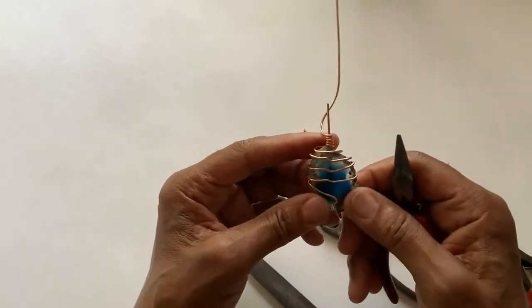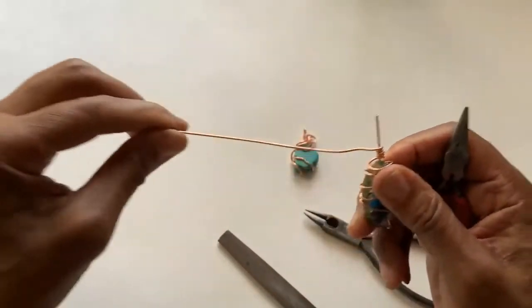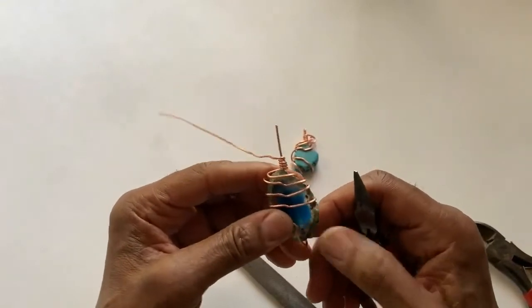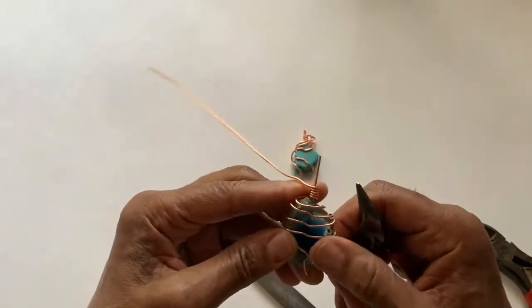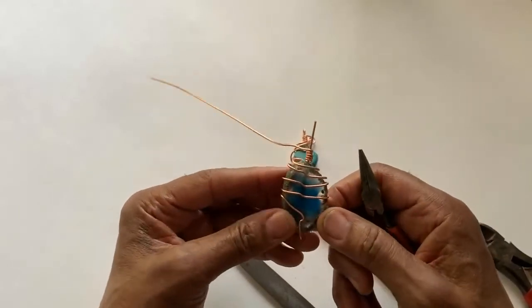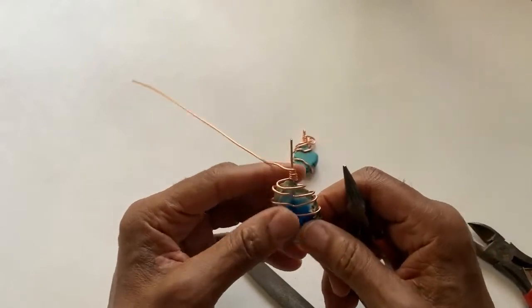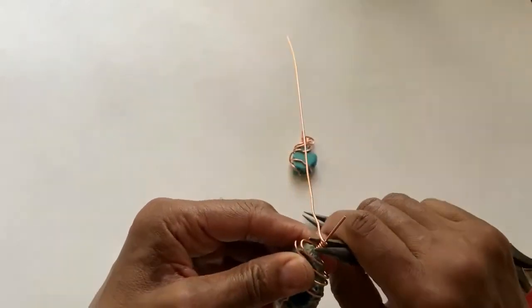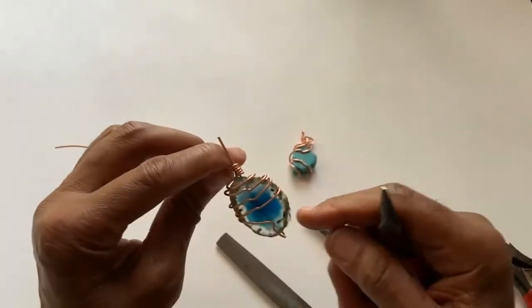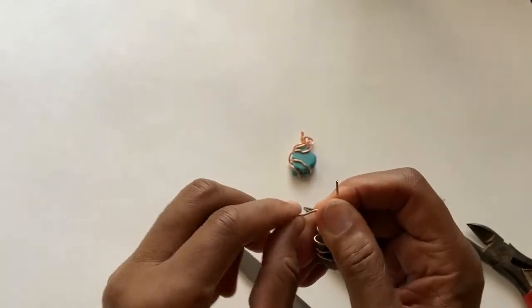Now, you have excess wire. You have this much wire left over. Now, you could look at this here and say, well, is this stone ever gonna come out through the side? Or is it gonna stay like that, right? Now, if you have any doubt for whatever reason that you think this stone is gonna come out, you could take the excess wire,